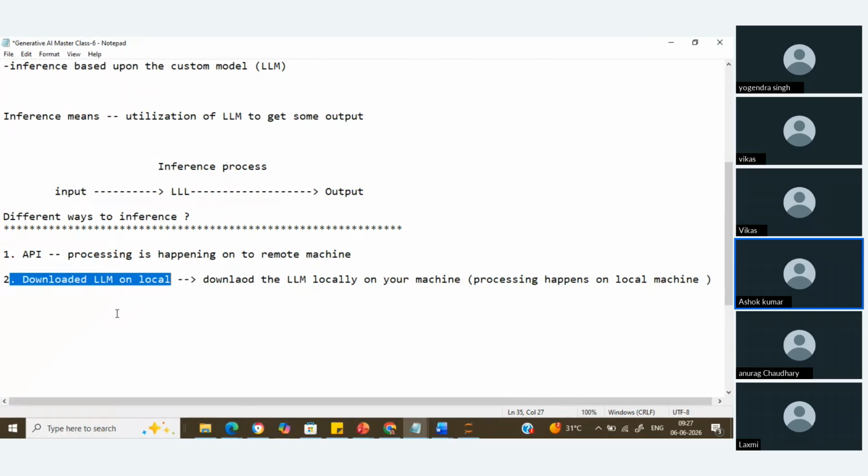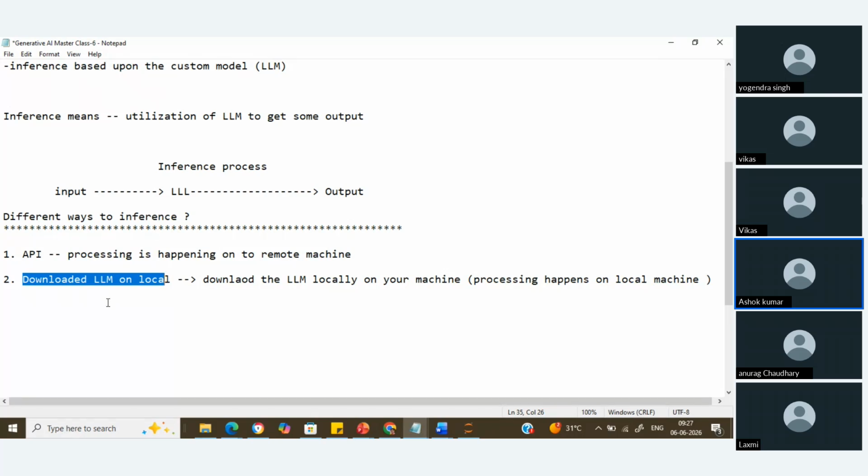If you are working in an organization and you don't want to expose your data to the outside world, you can download a large language model and set up a server on top of it, and then through API calls you can provide access to that server,